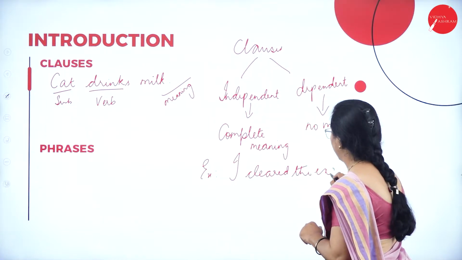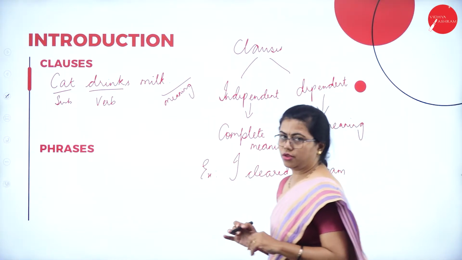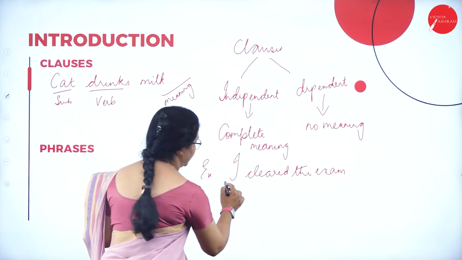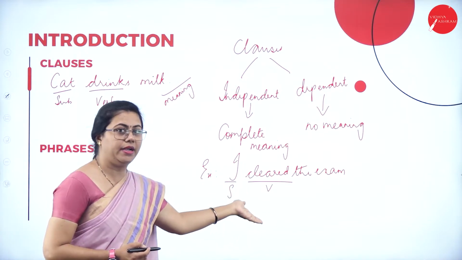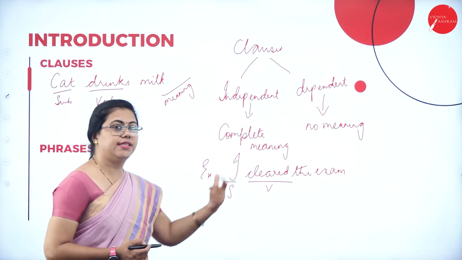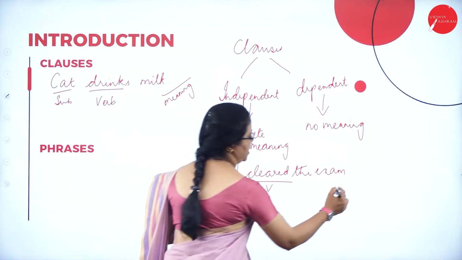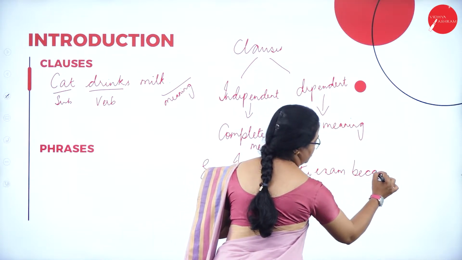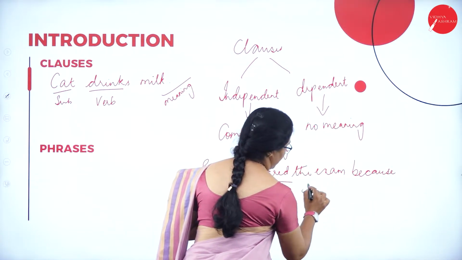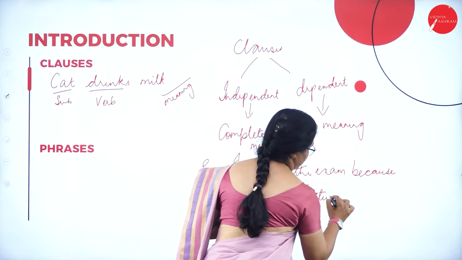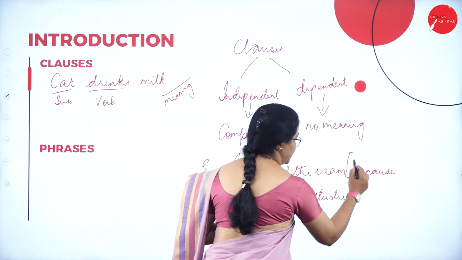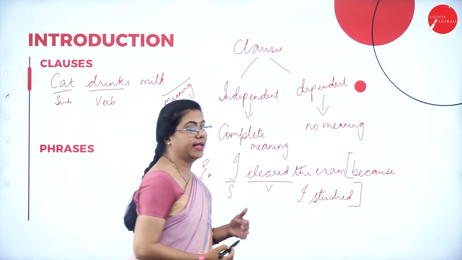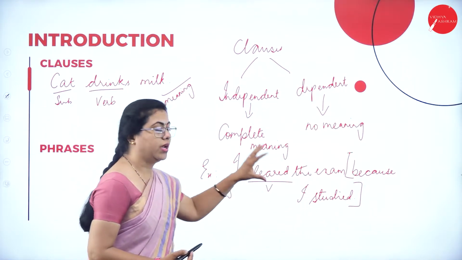So this, you can see, is an independent clause. How do you know it is an independent clause? There is a subject, there is a verb in it. Fine. I am going to add a dependent clause to this which enhances the meaning of the sentence. Because I studied. So here, because I studied, this part is called a dependent clause because you are adding something